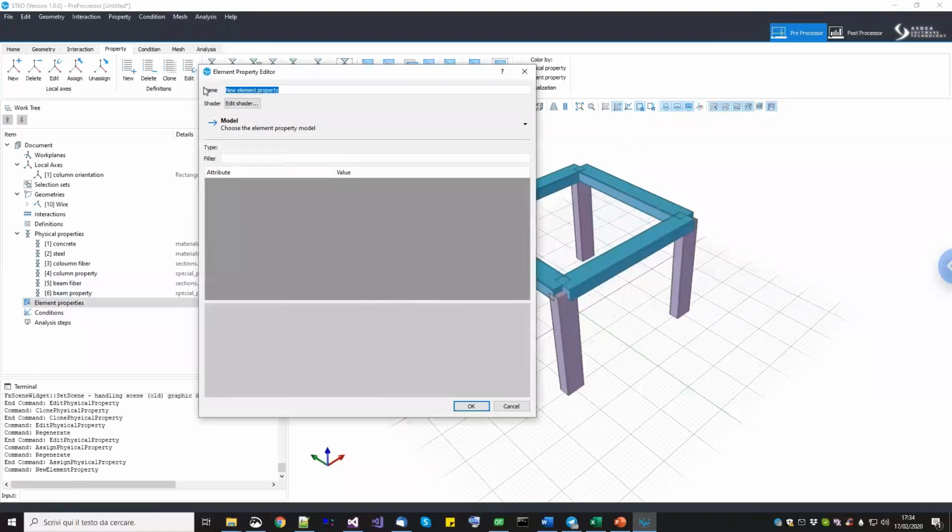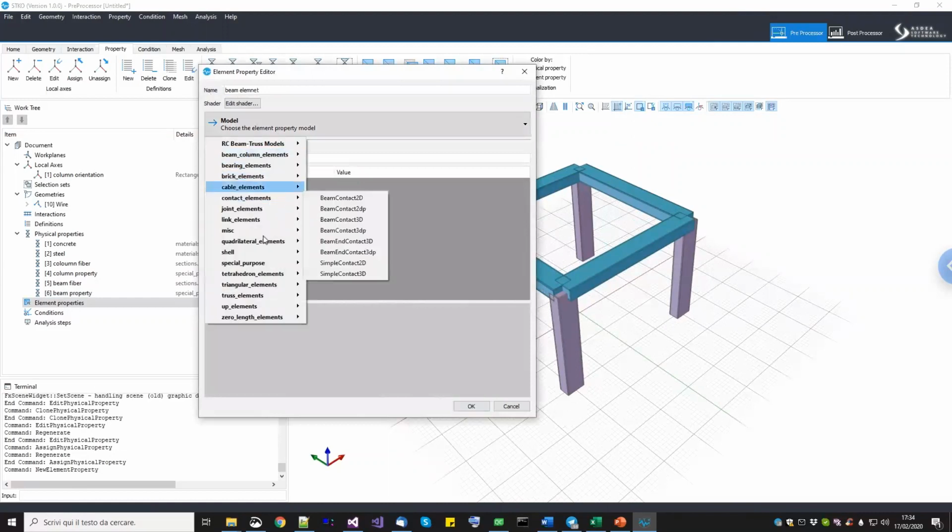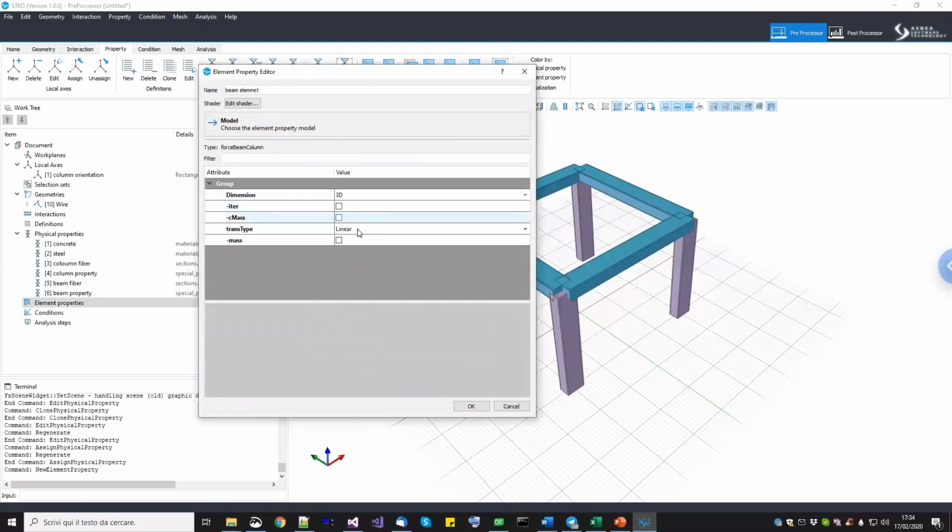So we go under element property, we click add. Let's call it beam element. We go under model, beam column elements, and we choose the force-based column. We are in 3D, and we want to use a linear kinematic. As you can see here, the transformation type, you can choose between linear, p delta, or rotational. And this one will be used to create the coordinate transformation command that is available in OpenSees. So you may ask, why don't you ask me for the z vector? Because we take it from the local axis. So in this